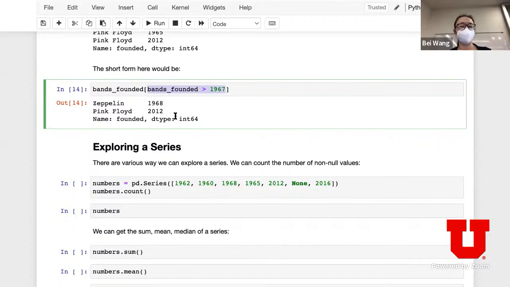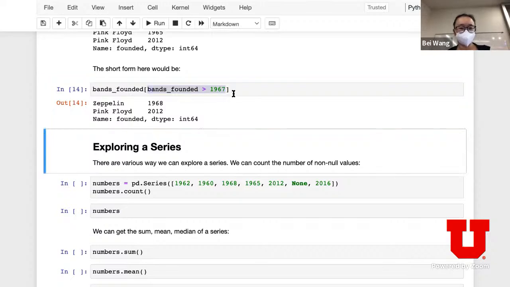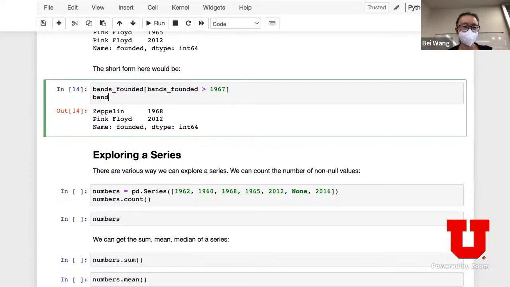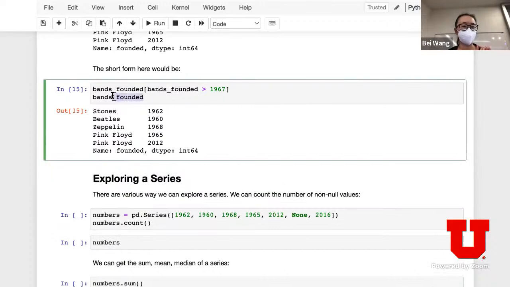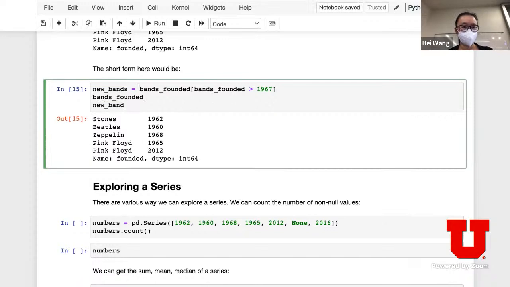Okay, yes? So the next time you use the mask founded, is it going to give you 1968 to 2012? I believe this is making a copy. Let's double check. I just printed the original thing, right? So you can say new bands equals this, and then print new bands.